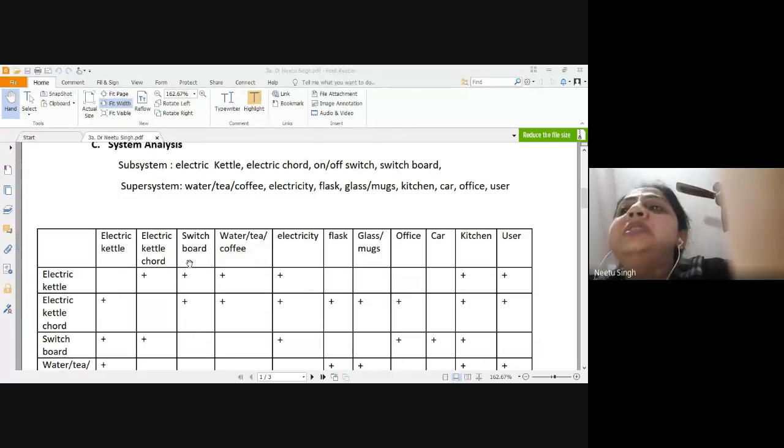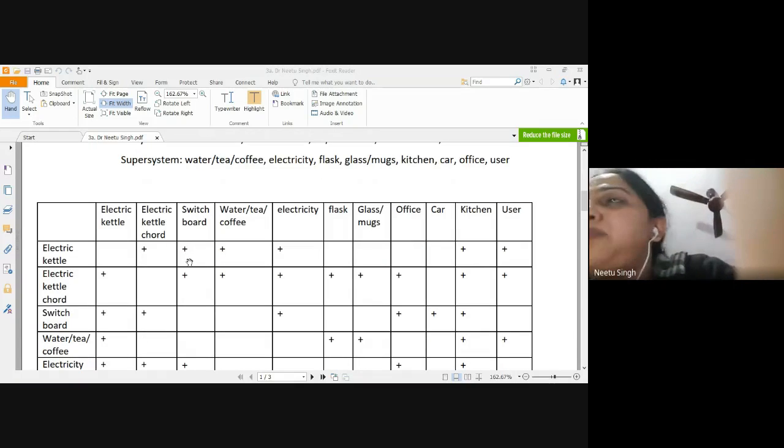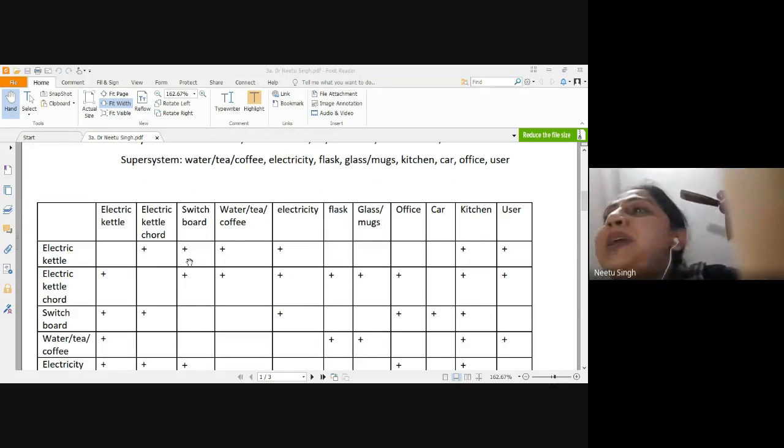So I quickly found the subsystems: electric kettle, electric pod, on-off switchboards. The supersystem: water, tea, coffee, electricity, flask, glass. Maybe I have made some mistakes, please pardon me. Glass, mug, kitchen, car, office. So these are some of the interaction system and subsystem parts